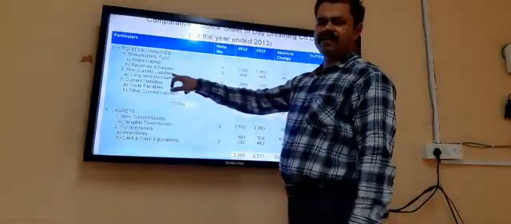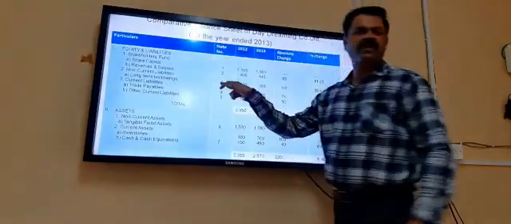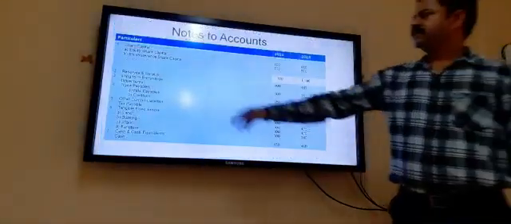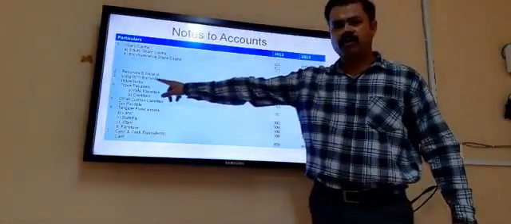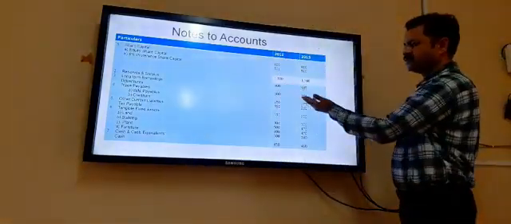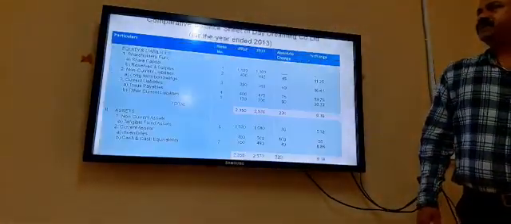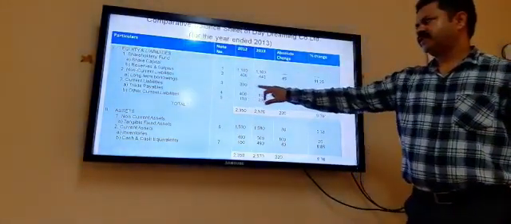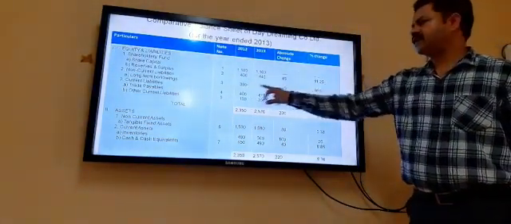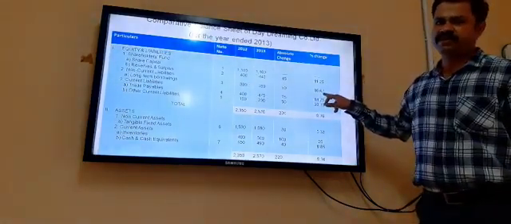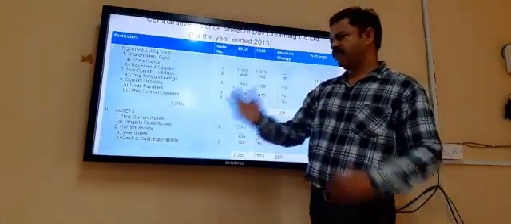Next is non-current liabilities. Long-term borrowings, note number 3. In long-term borrowings, you can see I have put debentures. Debentures are long-term borrowings for the business. So 300 and 350. After that, we have taken long-term borrowings, 300 and 350. The difference is 350 minus 300, which is 50. 50 divided by 300 into 100 becomes 16.67. And likewise, we have made this balance sheet.